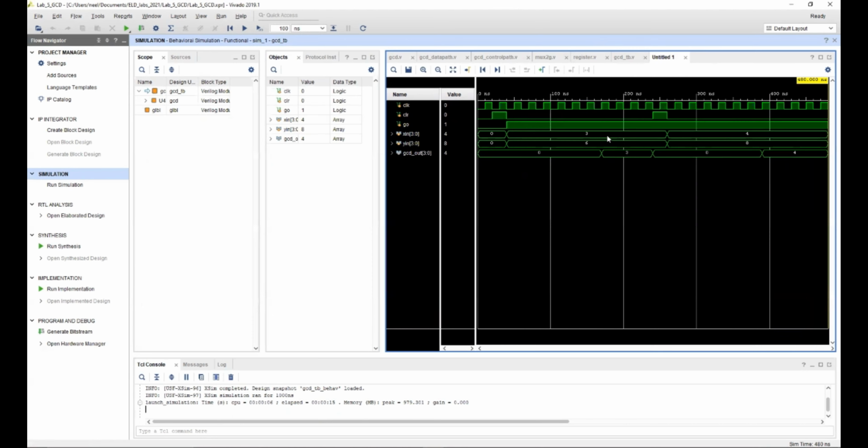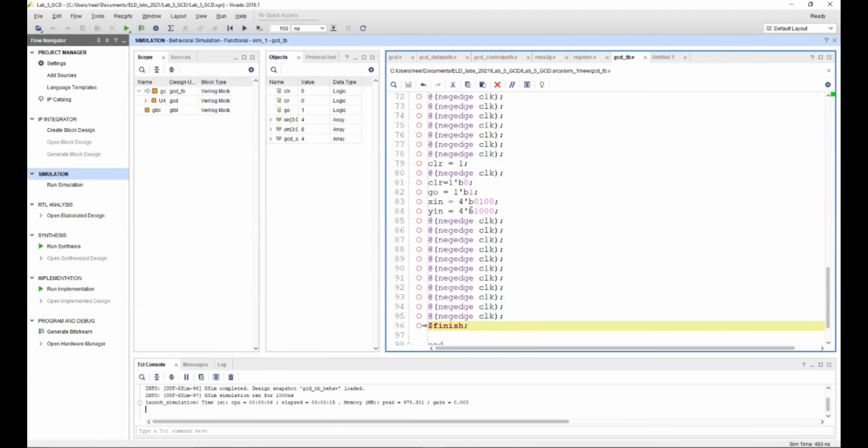we're getting, so just 3 and 6, the GCD. So the 3 and 6 are the X and Y inputs, and then the 3 that we're getting is the output. So this is the GCD out. Similarly, for 4 and 8, this is the output that we're getting, which is 4. So yeah, as you can see, the output we're getting is correct.